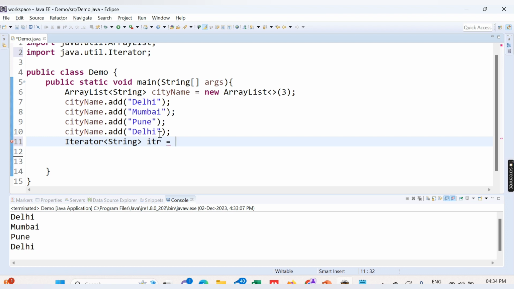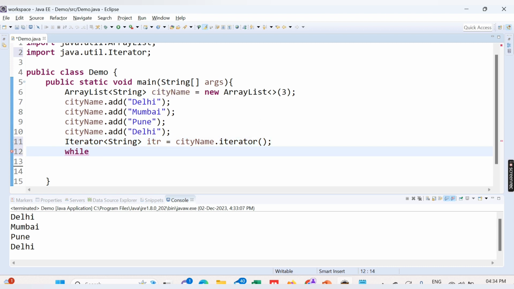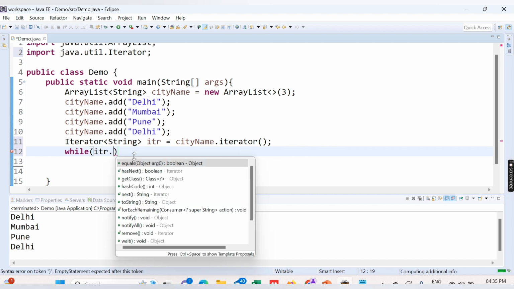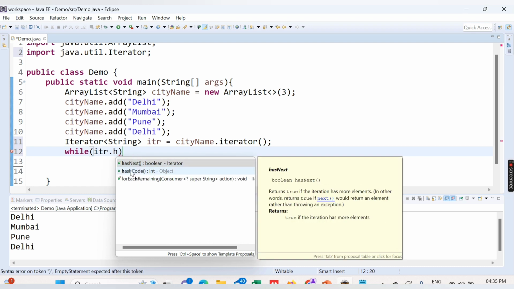You need to provide the name of the array list, which is cityName.iterator. So this is the syntax here. First you need to provide the Iterator, then the data type, then the reference variable, which can be any name, then the name of your list, cityName.iterator. Then you need to provide a while loop, while itr, this is the variable here, hasNext. This method returns a boolean value, true or false, by checking whether the itr, which basically stores the values of the array list,